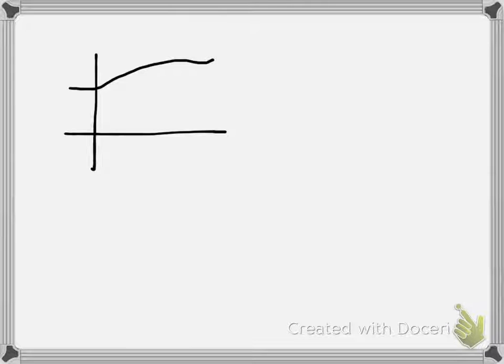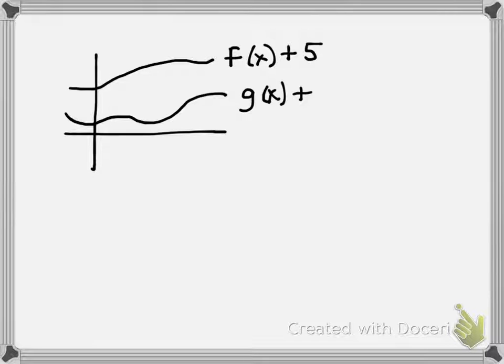But what if I said, all right, let's move up f of x, and if we moved them both up 5 units, so that now each function is above the x-axis, when we would go to find the area from A to B,